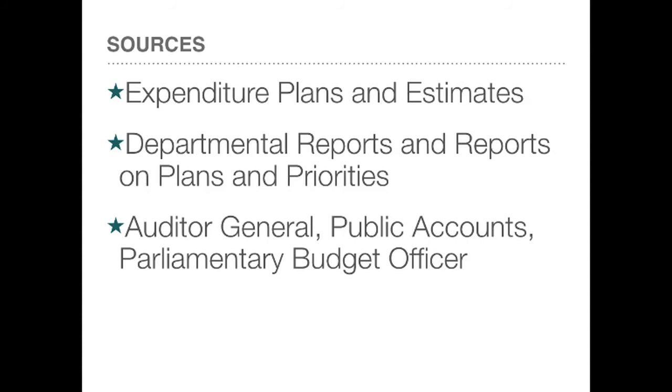And finally, we have a series of oversight documents from the Auditor General, the Parliamentary Budget Officer, and others, including the actual financial accounts in the form of the Public Accounts of Canada. Sometimes these can be very useful, especially when governments get into trouble or when there are accusations of misspending or inefficiencies, and we can turn to the audit documents and the oversight documents to get a little bit more about the effect of government policy as it relates to government operations.